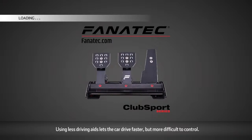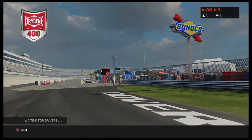But here we go. The 43 and the 5 on the front row. Green flag. And we're just about to be joining in here. I'm a little bit late here. Sorry. Oh, no worries, no worries for the inconvenience. But as we get to...